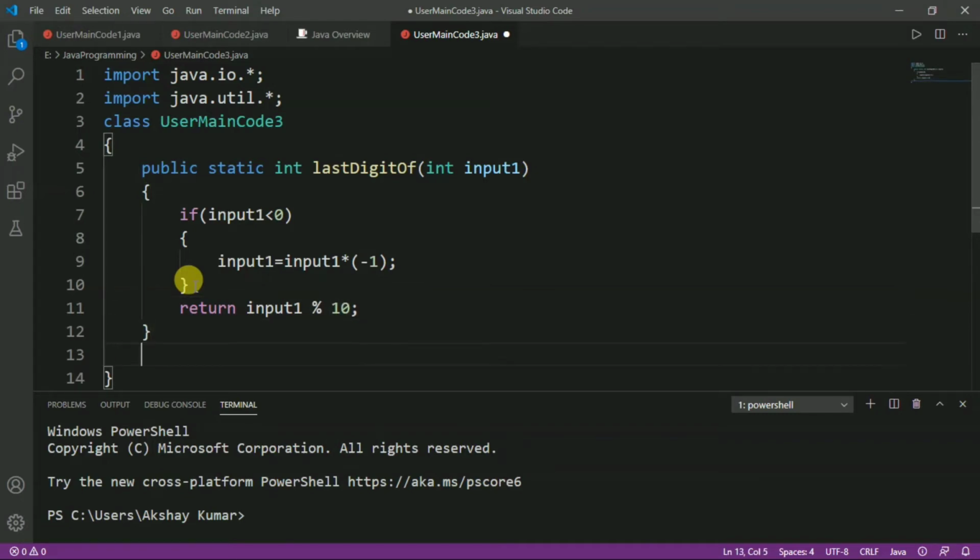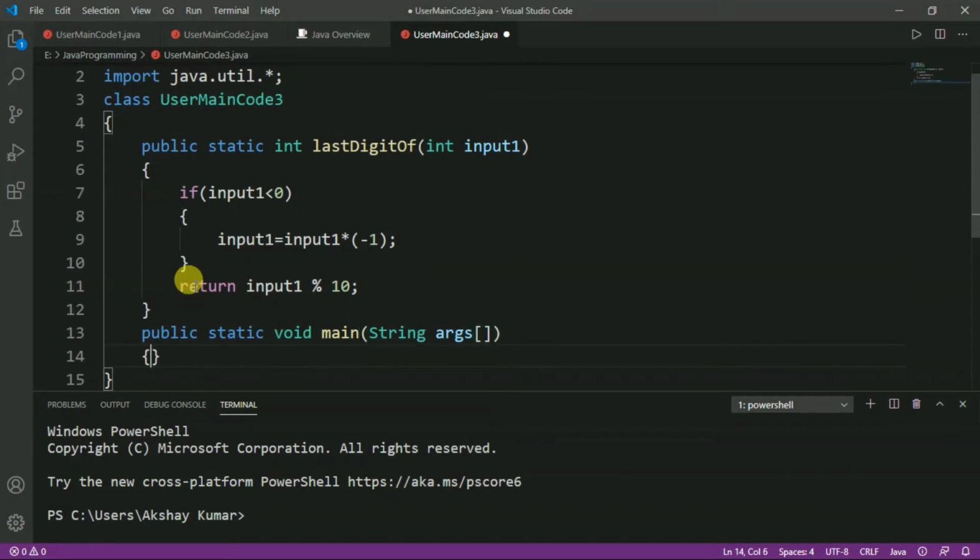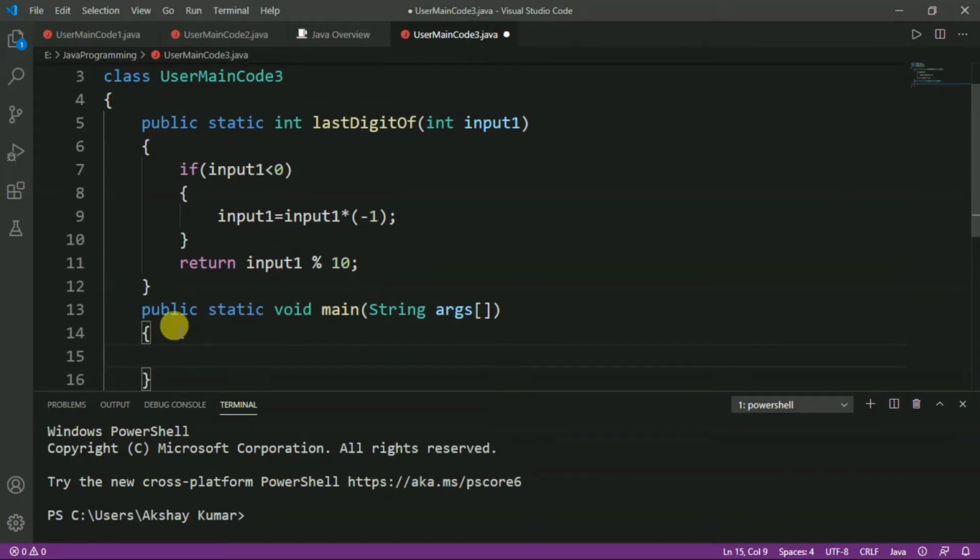Now, we have to write the main function. So, public static void main, and here we have to write String args. Now, we have to define some variables, let us say int num for number, and another is lastDigit.